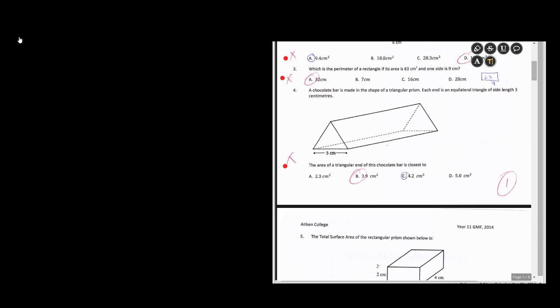Question 4 says that a chocolate bar is made in the shape of a triangular prism. Each end is an equilateral triangle of side length 3 centimeters, and we have to find the area of the triangular end of the chocolate bar, closest to. So that usually suggests that you won't get the exact answer, but you've got to do a bit of work to find what it's nearest to. So first thing is referring back to your cheat sheet,